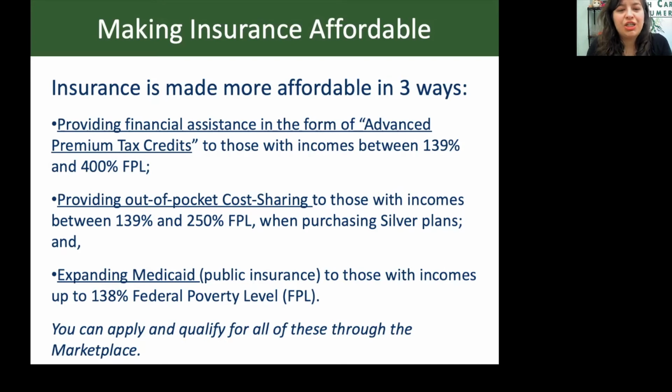You can have that in addition to the tax credit, and that's for people who have incomes below 250% of the federal poverty level, and that reduces the deductibles, co-pays, and that will be signified by that little yellow box that says extra savings. And then for people who do not qualify for the marketplace or have lower incomes, there is Medicaid, and so that will be something that the marketplace can tell you if you qualify for, but you wouldn't be shopping for Medicaid plans like you would for a private insurance plan.